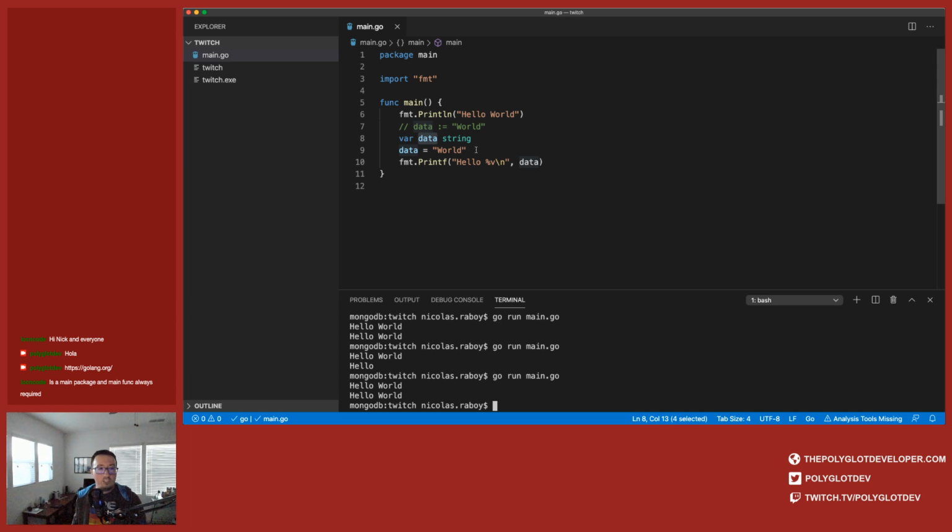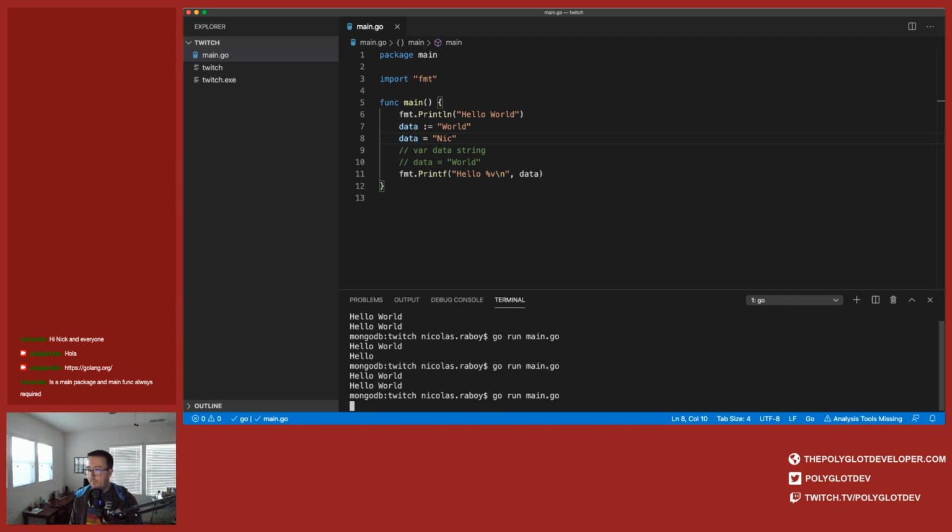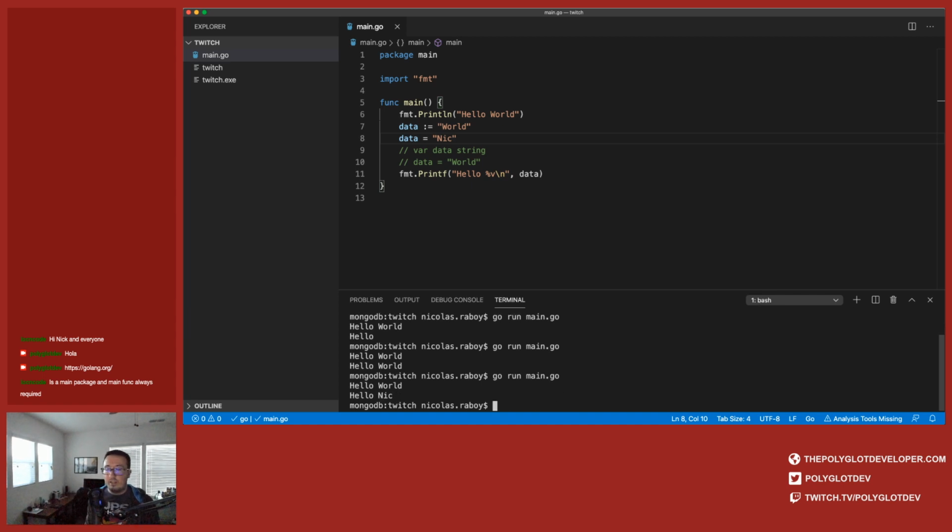Just to show you something else, let me comment this out. I'm going to go back to this first example, which was world. I can then say data equals Nick. In this example, I've set it up with the colon, but because this now exists, I don't need the colon for further use of it. I'm going to run it, and it says hello Nick.